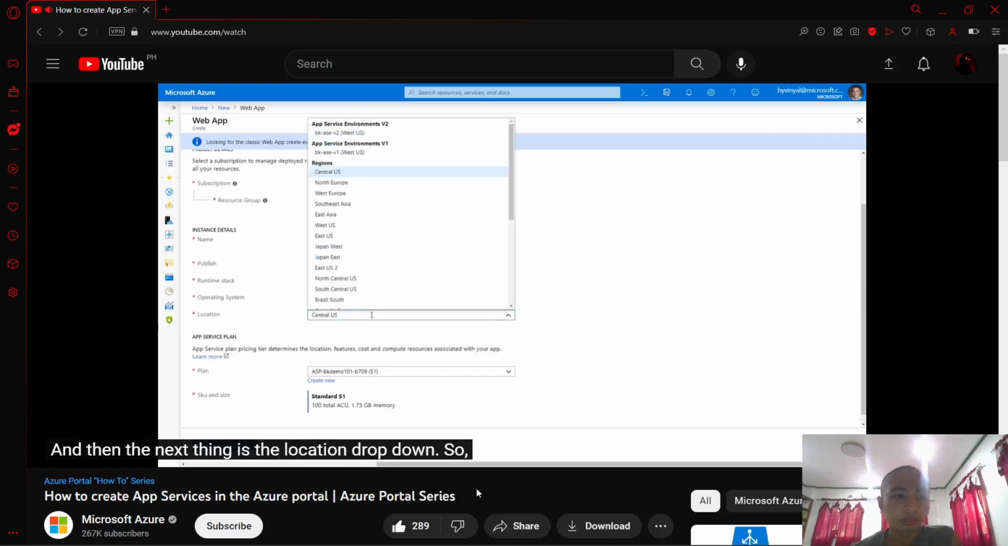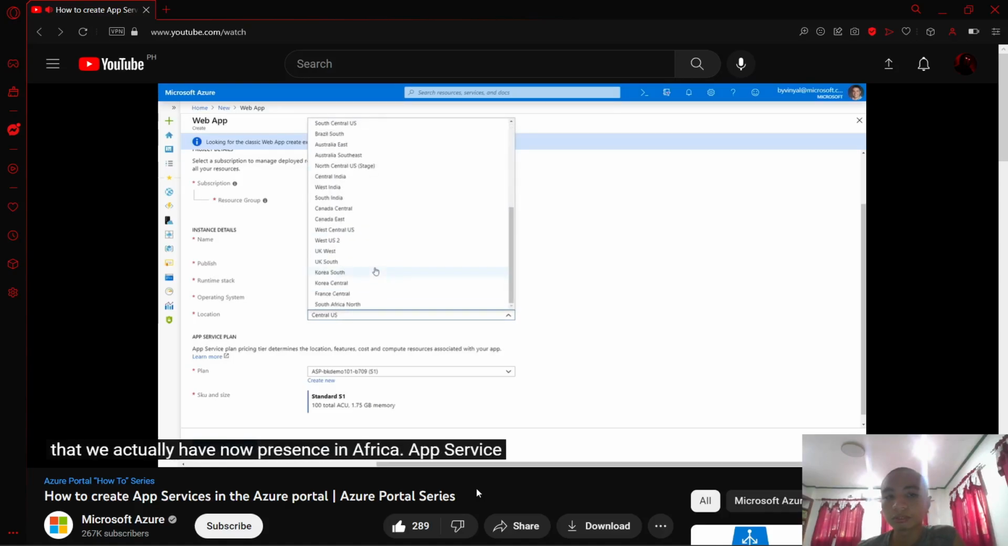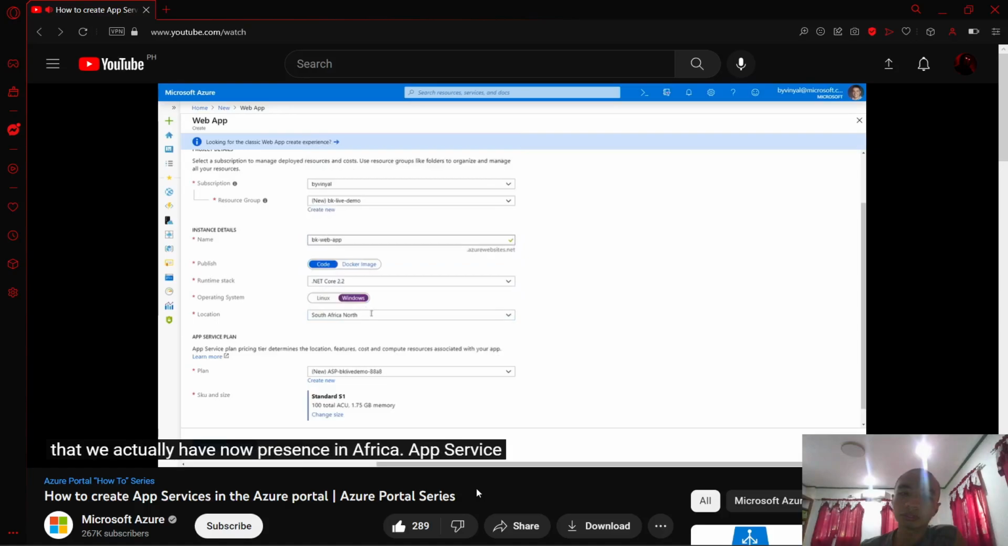And then the next thing is the location dropdown. So this is where you choose where your app is going to live. And one of the cool things that I want to show here is that we actually have now presence in Africa. App Service is a Ring 1 service. So whenever a data center is open